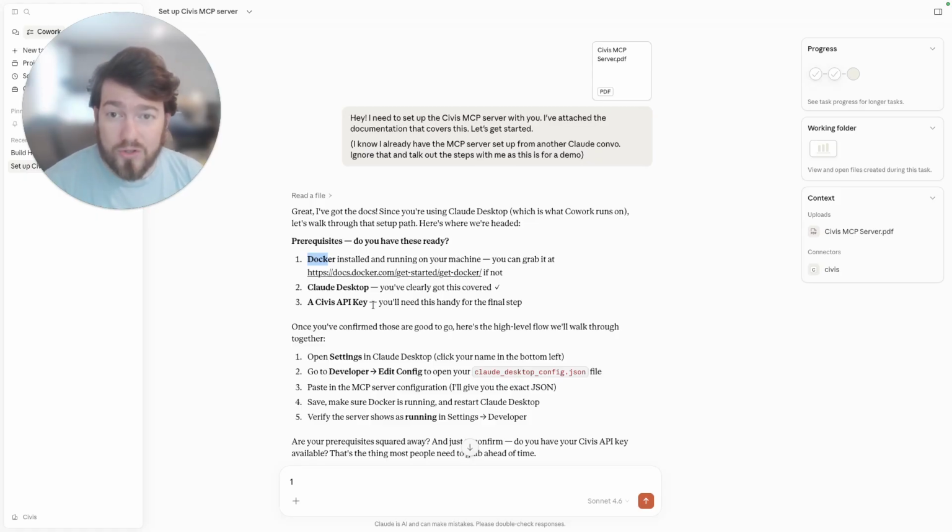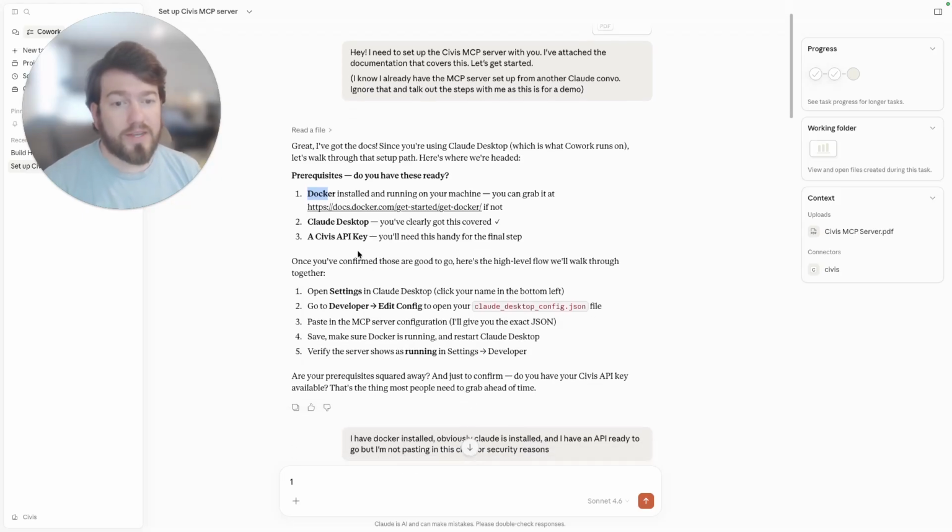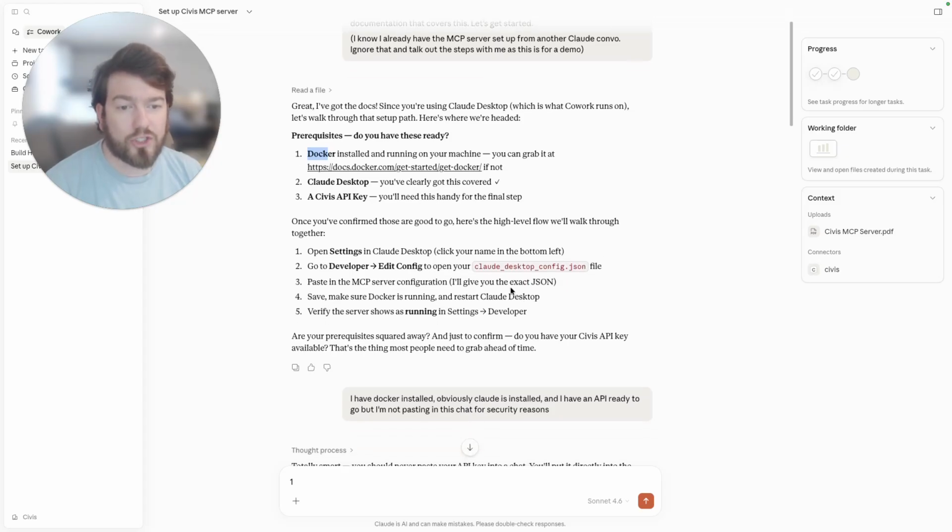To grab your Civis API key, you go to your Civis profile, go to the top right menu where your initials are, go down to My Profile, and then on your profile, you click API key in the top nav bar, and then you generate a 30-day API key to feed into some YAML that we'll get to in a second. And then it says once you have those confirmed, you're simply going to need to go to Settings and Developer and Edit Config and go and look at this JSON